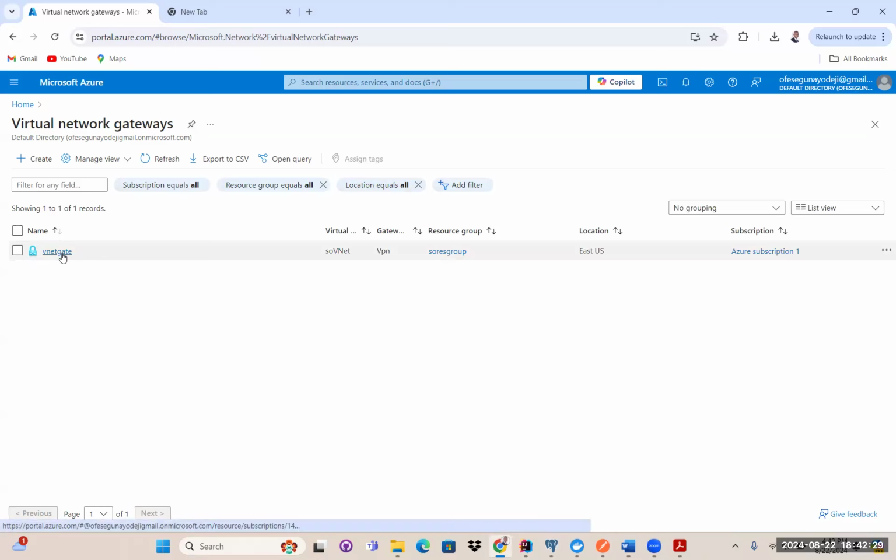So the next thing we want to do is that now we've created a virtual network gateway, which is kind of like the VPN gateway, right? So we need to configure it so that the client can connect to Azure environment remotely,